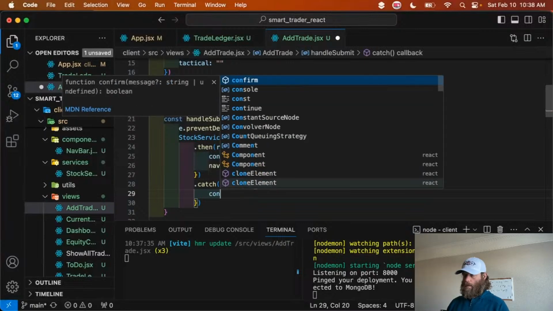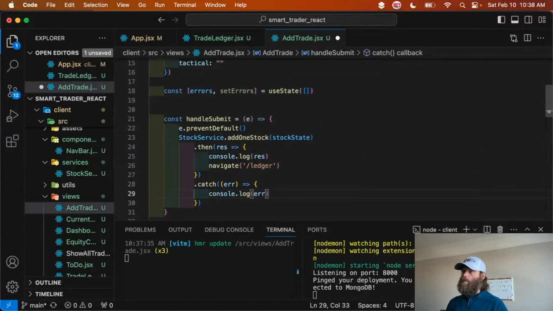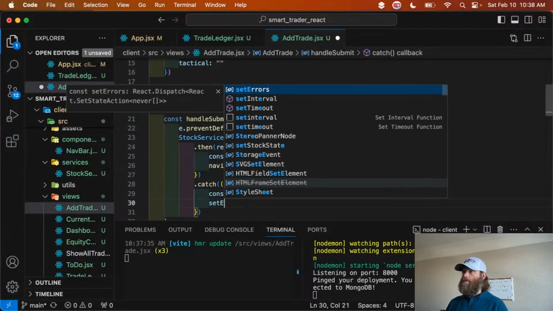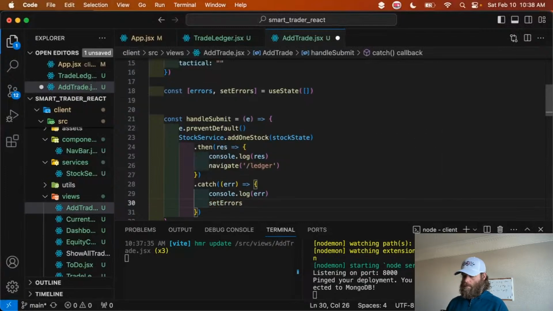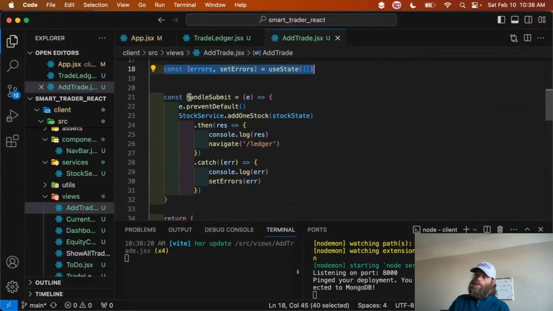I mean, I guess we can console log them too, just to be safe in case there's an issue. But here is where we can then set errors to this. So once you get the useState stuff down, all you really had to do then is say, okay, here, it's going to throw back the errors. We're going to set the errors here. And there could be no errors. It's always going to give us, when we console log, we'll take a look. We'll make some errors up